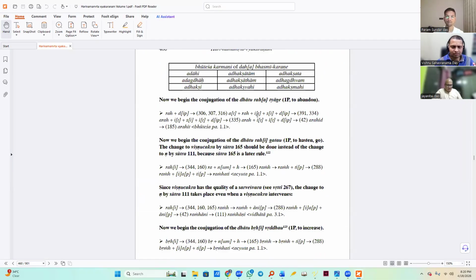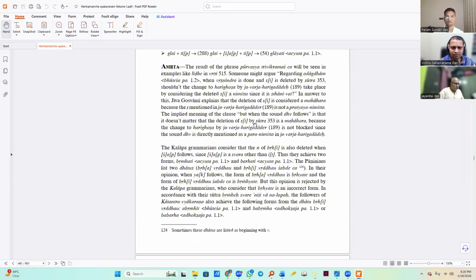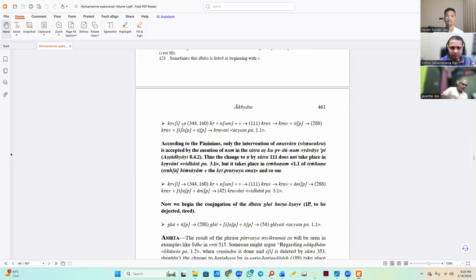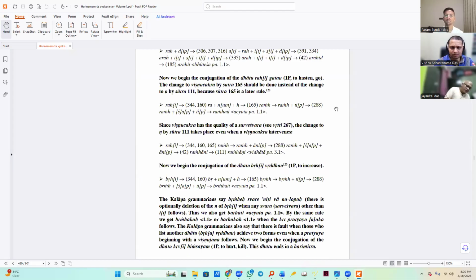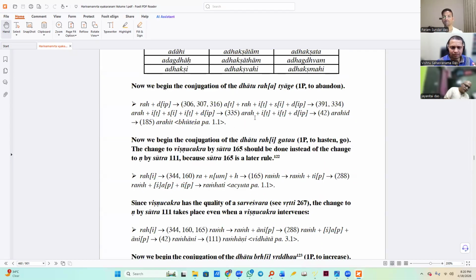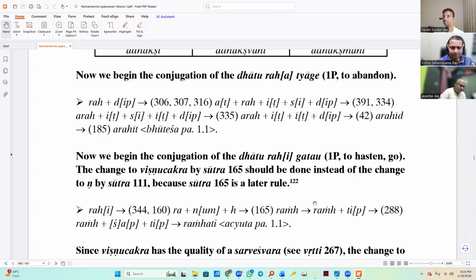Then Rahat Yage. The next is Rahat Yage, so to abandon. So Raha plus Div Dhatu Purvat Sarvotesha Ram Dhatu ke, Arahit. Only thing is we have not done Vrishnendra here. Generally, we would have done Vrishnendra here. So Vrishnendra is prohibited here by Hamayanta. Hamayanta Kshana Shvasa Shviname Rametascha Navrishendra Seti Soparapade. So by that rule, because this dhatu is ending with ha, raha, we don't do Vrishnendra. So we get arahit instead of arahit.